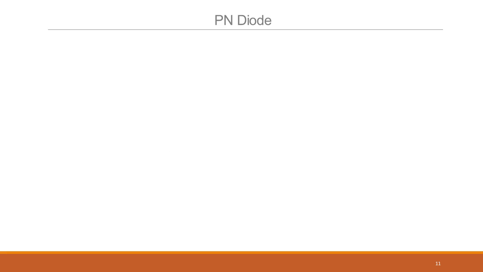So far we have seen the PN diode's full current characteristics. Let's take a look at its electrical circuit representation as well as some simplification so that circuit design becomes a bit easier. The electrical symbol of a diode is this, a triangle followed by a line. The triangle represents the P side and the line represents the N side. It's simple.